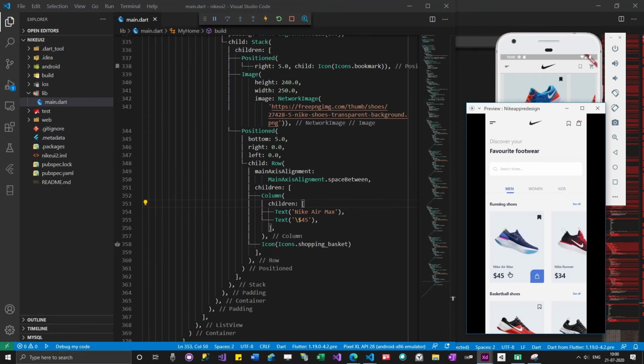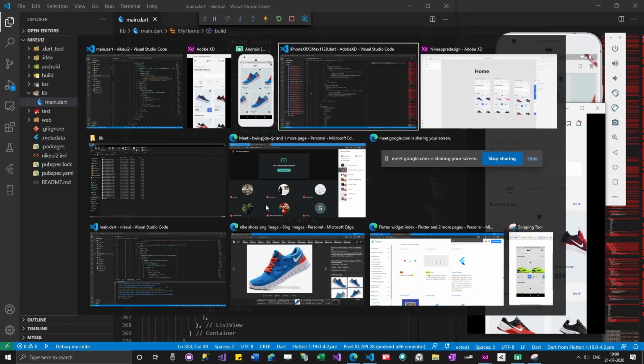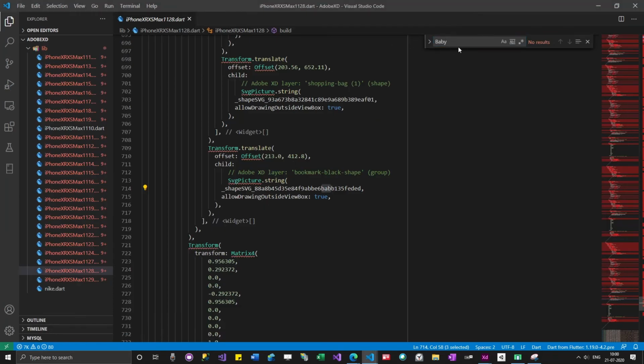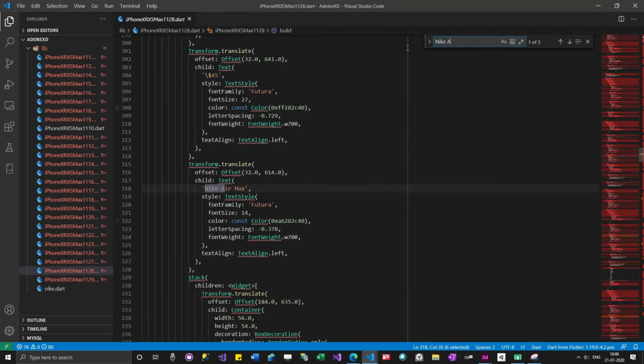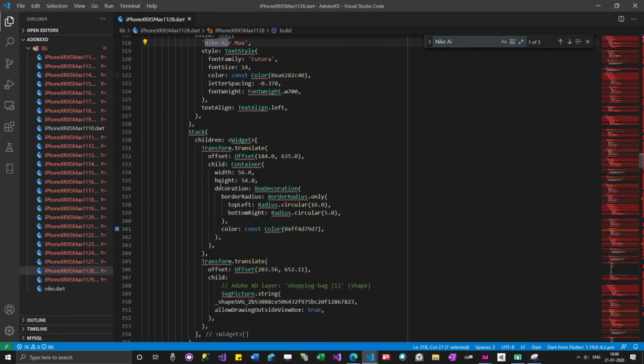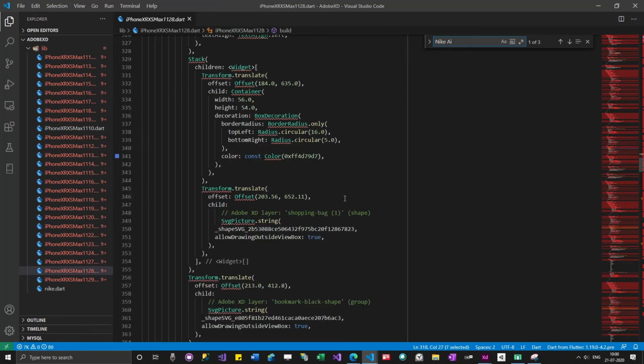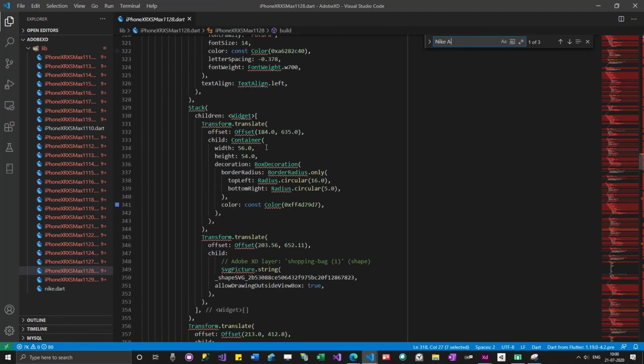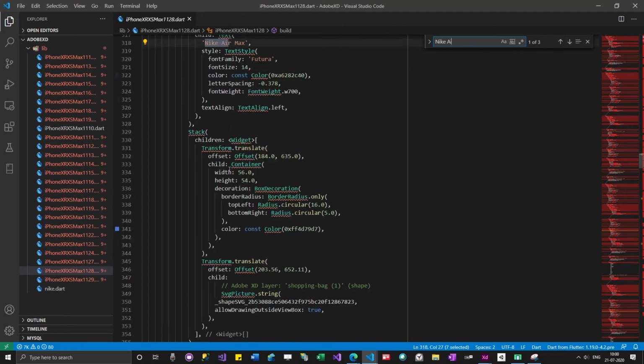Sorry, Nike Air Max. Let me search with Nike Air Max. Okay, so this is the container that is actually creating that box over there. So I'm just copying it.